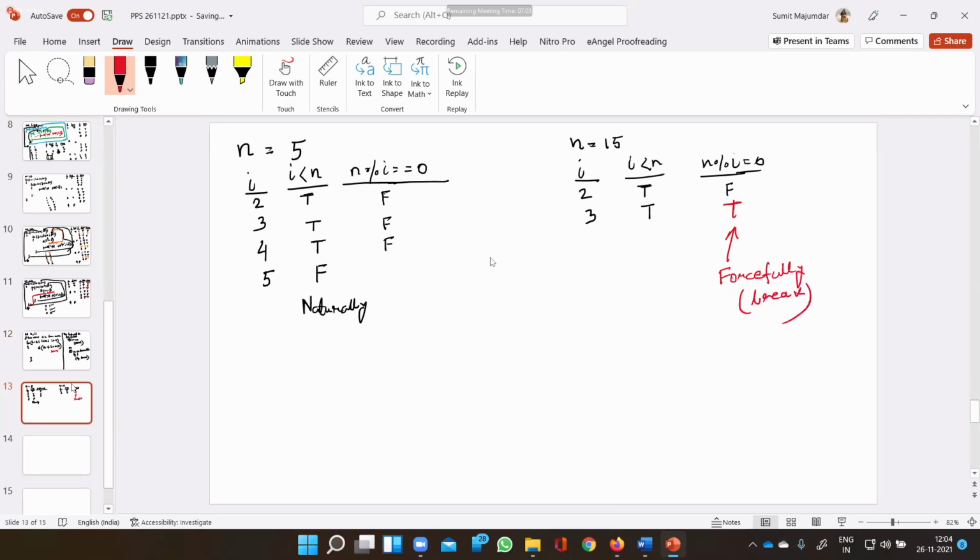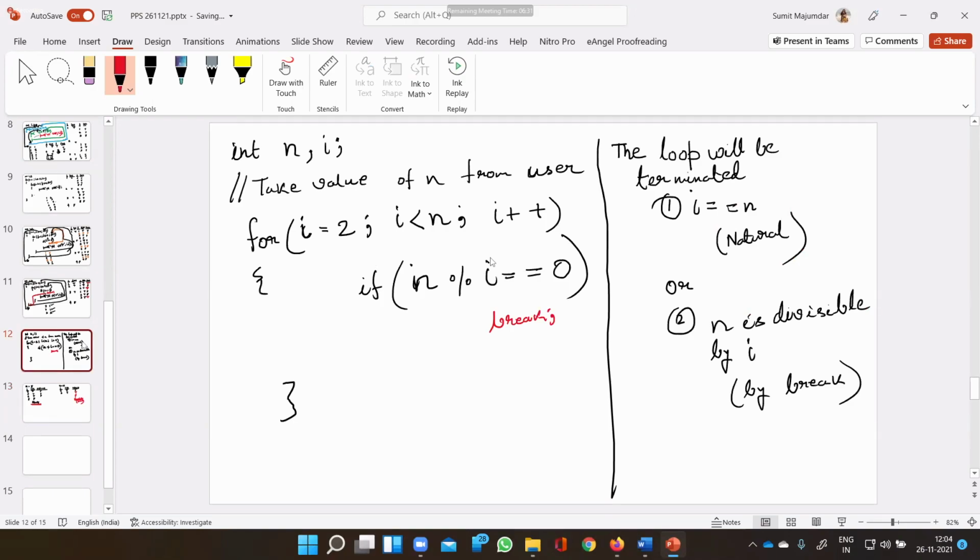Now, from these two examples, you can see that when the number is a prime number, the loop is terminating naturally, right? And when the number is not a prime number, the loop is terminated forcefully. Clear? Now, how can we check whether the loop is terminating naturally or forcefully?